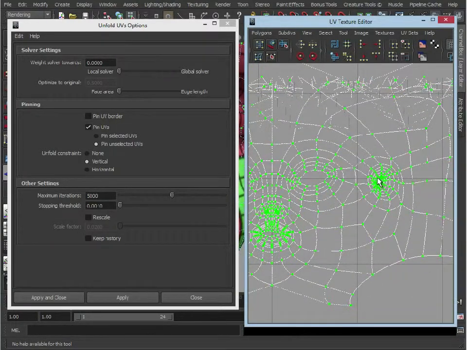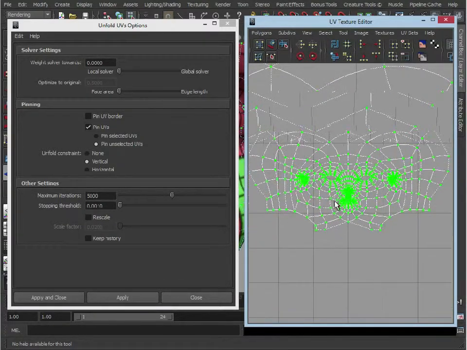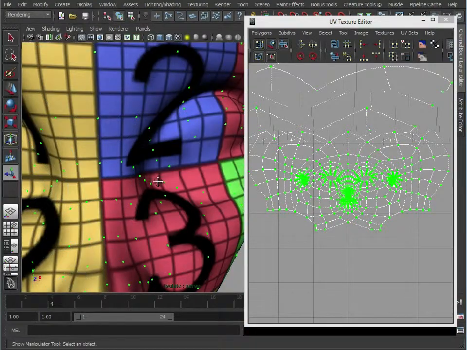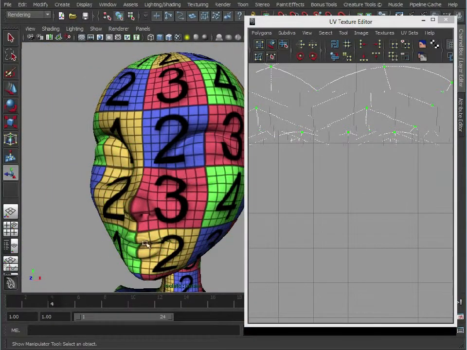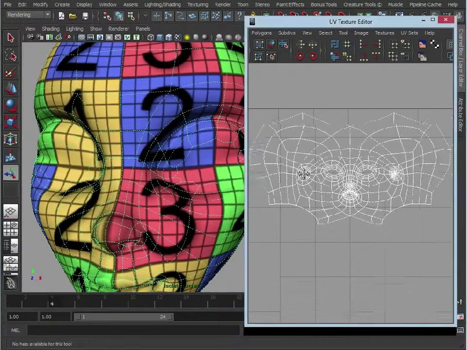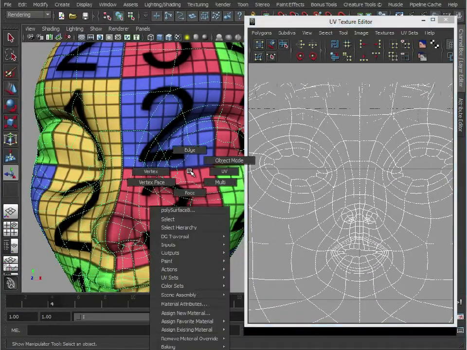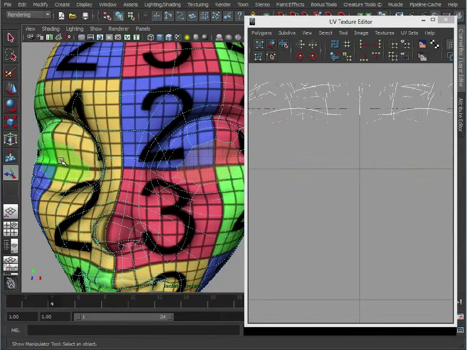Again, if you wanted to, you could go in and make the ears a little larger because you maybe want a bit more texture detail in the ears, but now you have this basic UV layout here, you can go in and tweak those areas and they're a lot more manageable. And if we look at the UVs on the face here, it's a much nicer UV layout. What you may also want to do is, if we delete these temporary holes now,